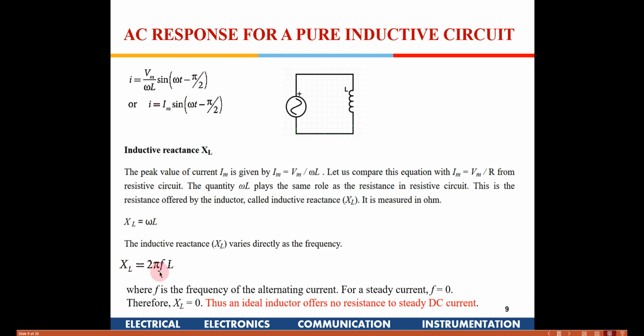So at frequency equal to 0, that is for DC conditions, this will be a short circuit, right. And as the frequency keeps increasing, the impedance offered by this inductor will keep increasing, and hence the currents in the circuit reduce. So it is a frequency dependent component out here, unlike a resistor.